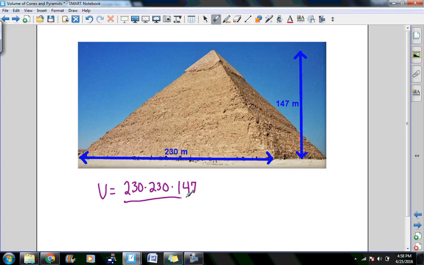And we take this whole chunk here and divide it by 3 because a pyramid's volume is a third the volume of the rectangular prism, or in this case, the cube. So I'm going to do 230 times 230 times 147, which gives me about 7.7 million. I then take that divided by 3, and I get the very reasonable volume of